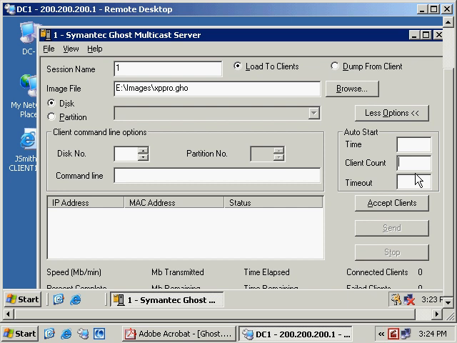As each computer starts, they will come up with their normal screens, and then you'll have to enter the session name to actually connect to the Ghost server. As each client is connected, the Ghost server will not actually start deploying the image the moment the first client connects. It's going to wait until all the clients in the client count number over here